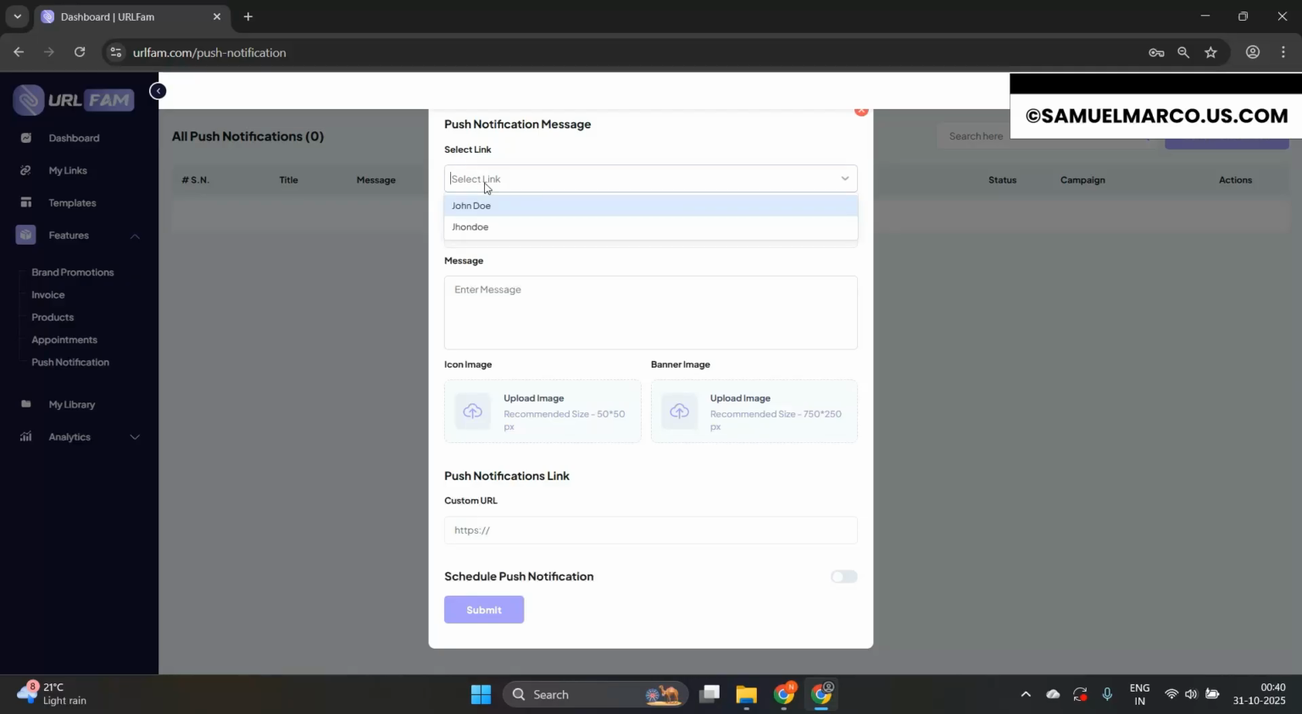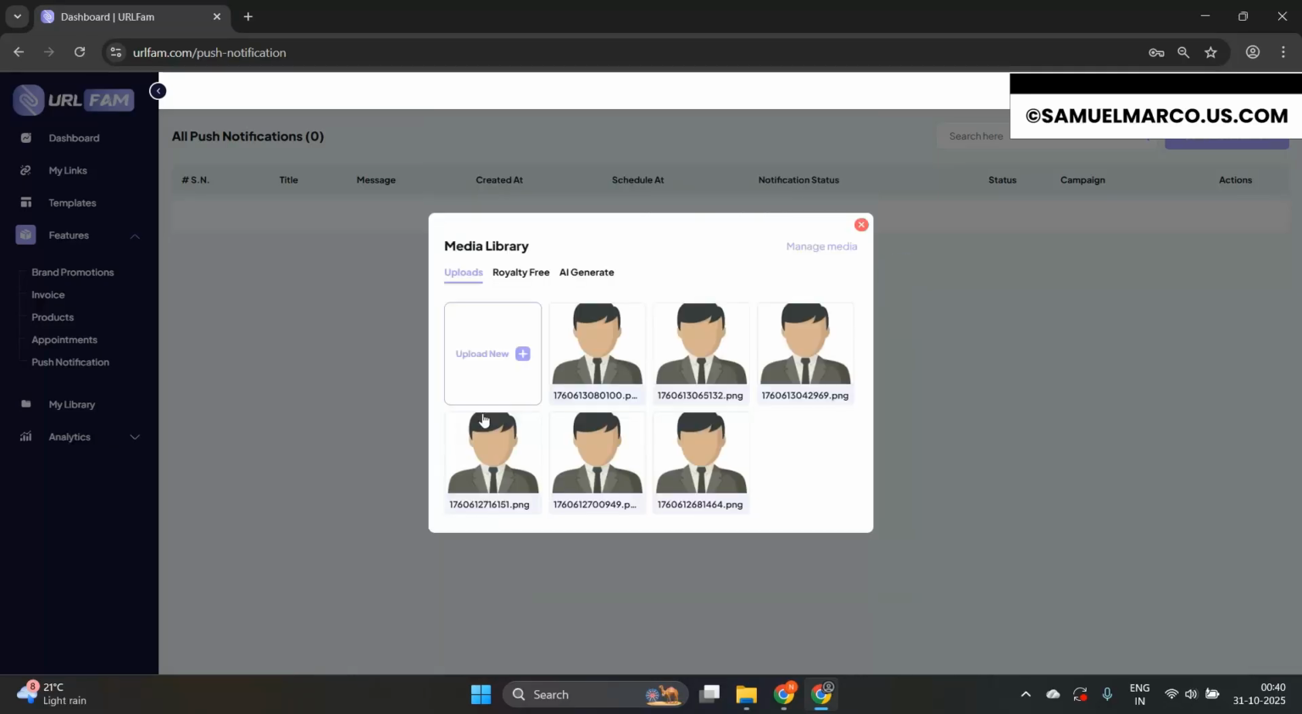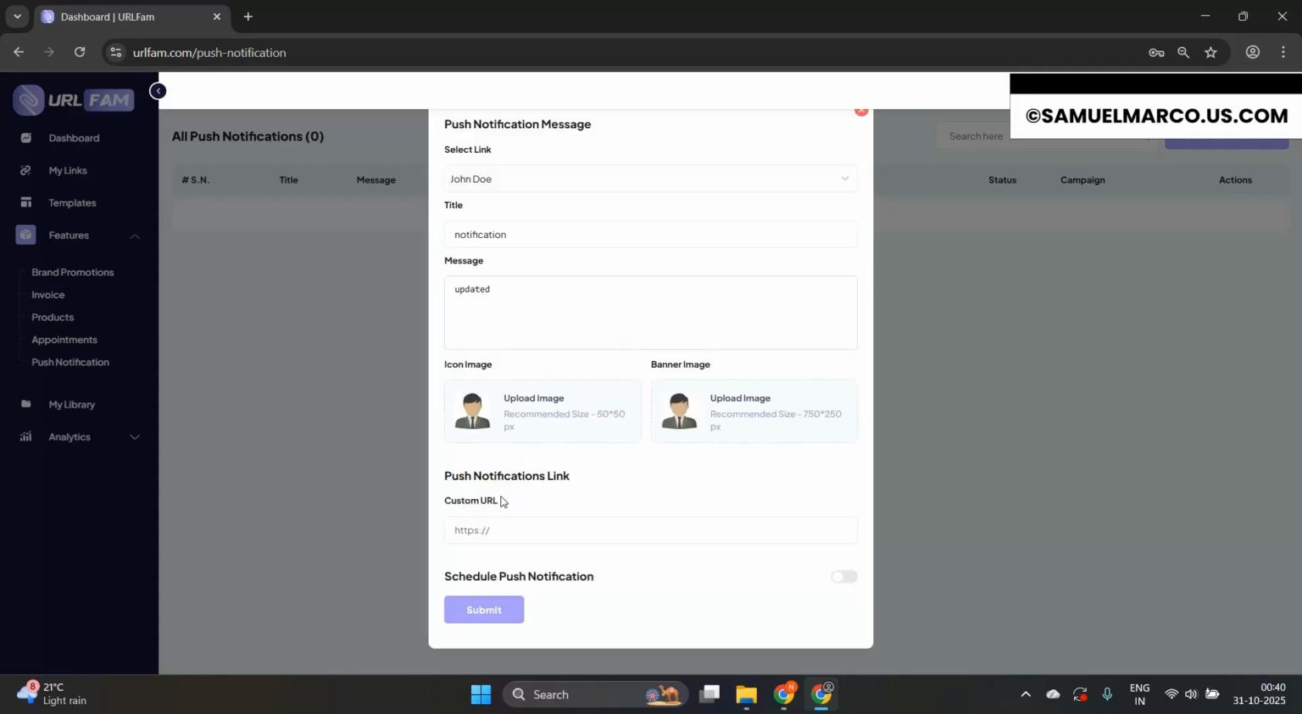So first one is select link. So you just need to select the link in which you want to send your notification message. And now here the title, and the message you want to give to your user on the notification section. And here the option is called icon image. So you can also upload the icon image and the banner image too. And now this is push notification link. So simply you can enter any custom link, or if you want to create any custom link, simply type any URL